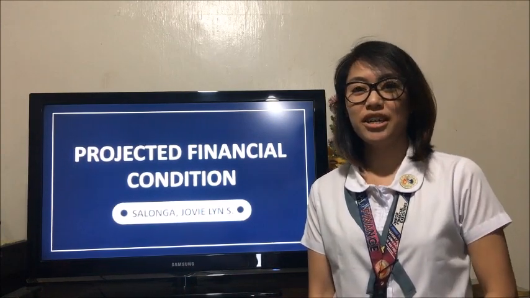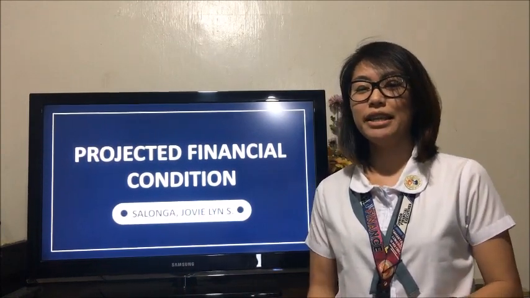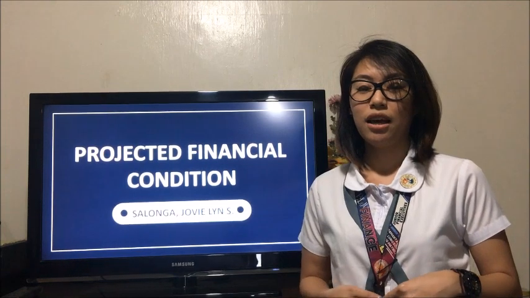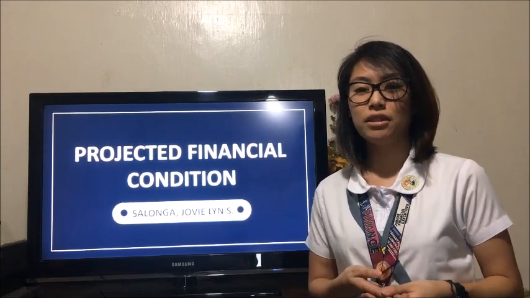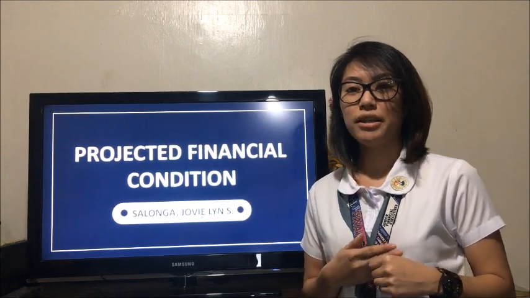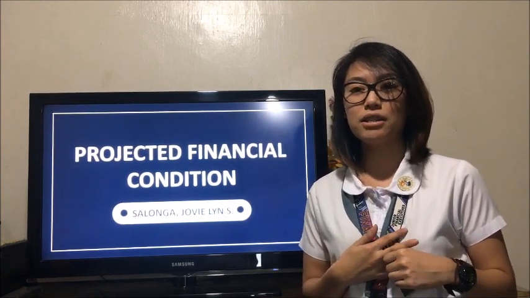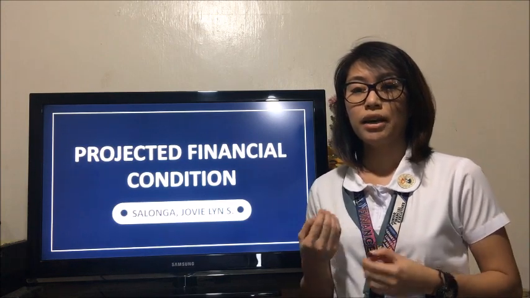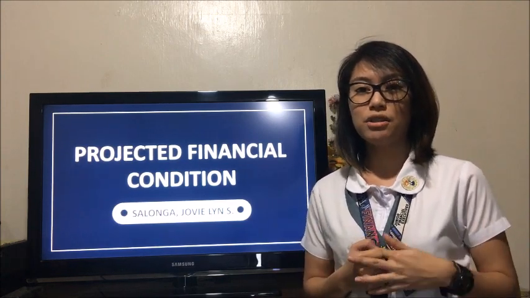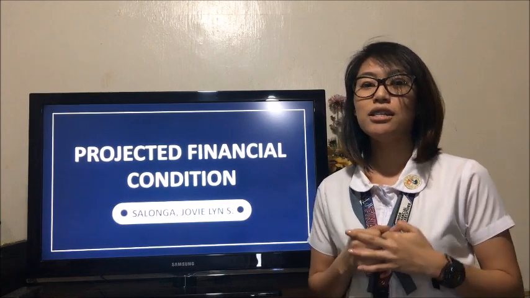The previous lecturer discussed the operating and capital expenditure budget. The first part of the budget, which is the operating expenditure budget, shows the estimated revenues and operating expenses for a given year, while the second budget, which is the capital expenditure budget, shows the expected acquisitions and disposals for